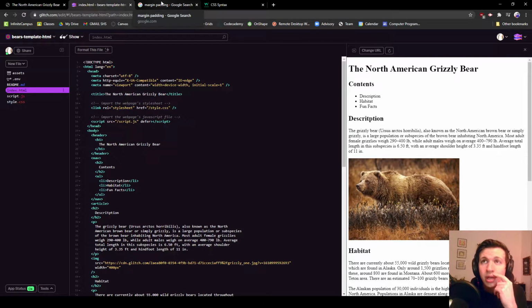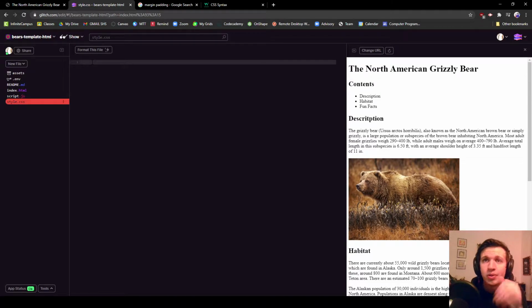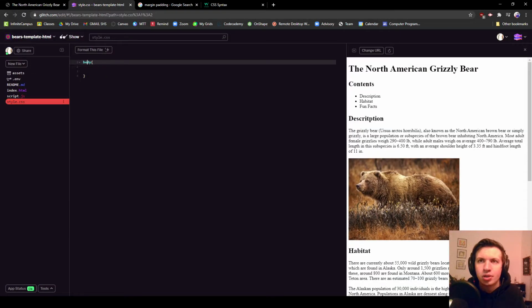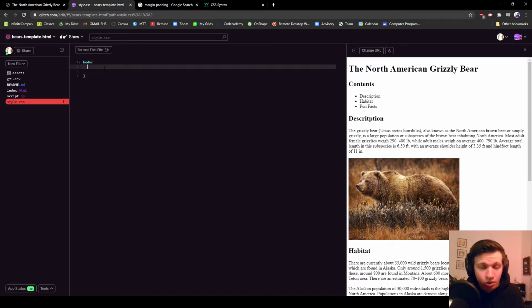So let's go and actually start changing some things about our website. I'm very excited to do that. The first thing that we're going to do is change some color with our website. So I'm going to go into my CSS document over here, and I am going to call out our very first selector. That is going to be our body. Now the body, we are just going to change the background to this brownish color, this light brown. So we have called out body, and now we're going to call out the property that we want to change. I'm going to call out my background color,